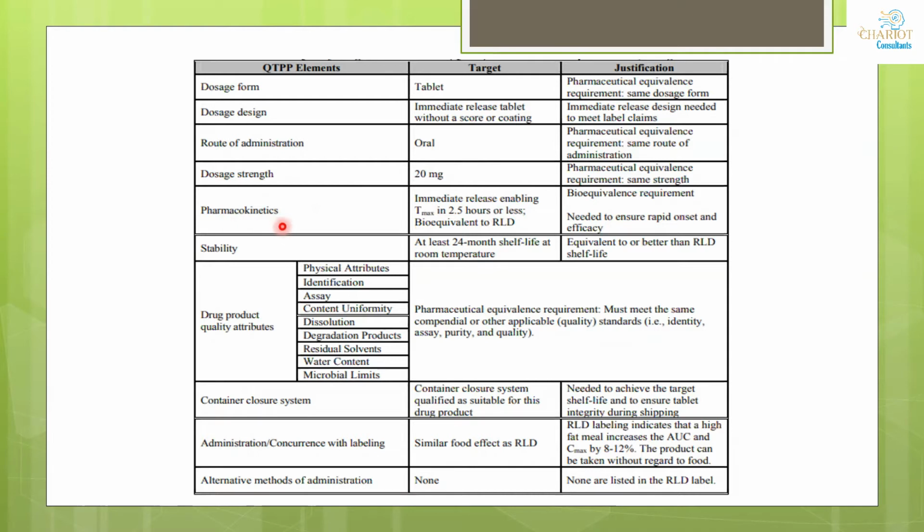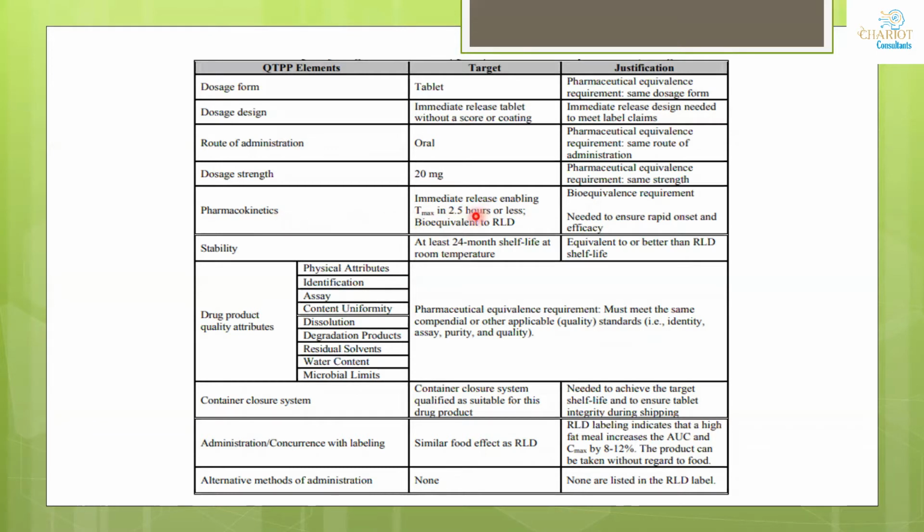Pharmacokinetics. Now this pharmacokinetics means in terms of your bioequivalence, how the drug will behave when it comes in the blood, and whenever you are identifying in the plasma, how the drug is behaving in vivo. Whatever we are talking about, these assay values, your impurity level values, your dissolution values, these are all in vitro studies. But when we talk about in vivo studies, means the studies which you are doing on the volunteers, it will be pharmacokinetics or bioequivalence.